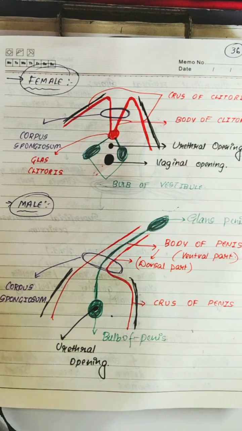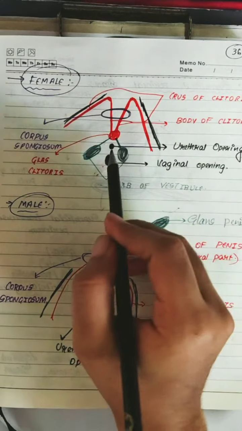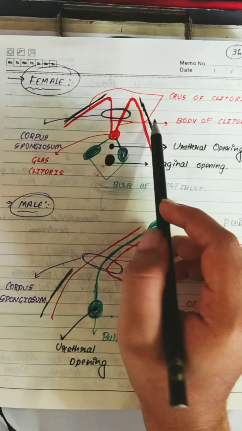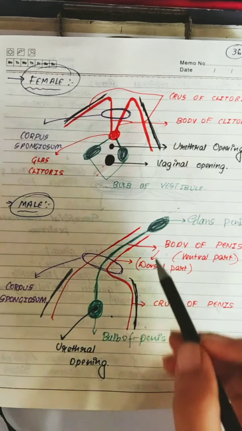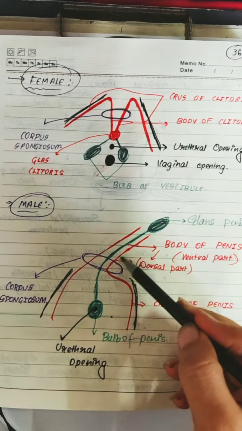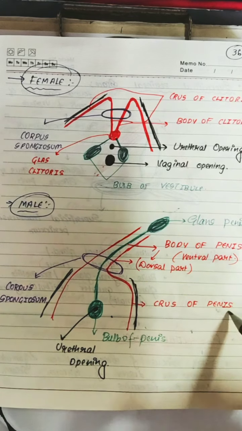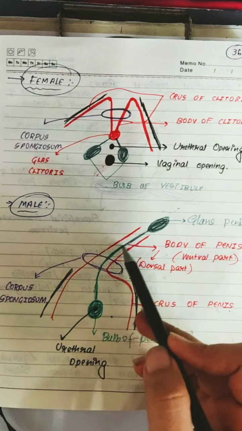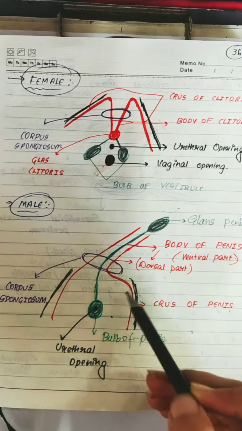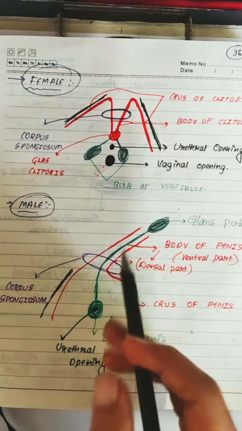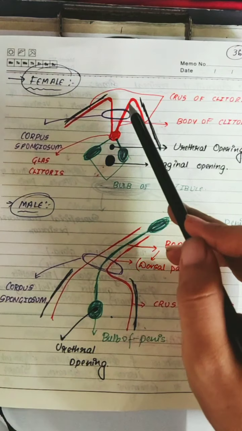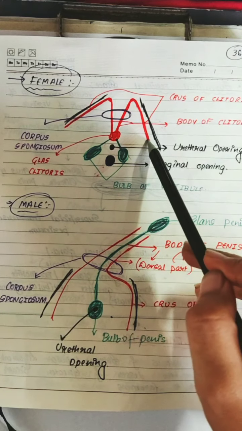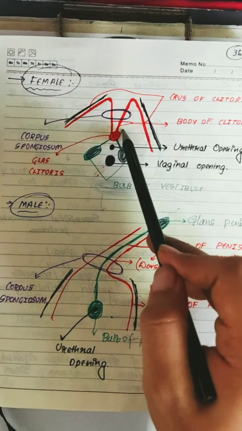So as you can see in this diagram, corpus cavernosa is also present. First thing, it forms the crus of penis. In men, you can see there is formation of crus of penis, this red one. So it forms the crus of penis and also the body of penis. You can see here there is a green one, the body of penis present inside the crus of penis. In female, you can see there is crus of clitoris. This V-shaped or W-shaped structure forms the crus of clitoris, and inside that there is the body of clitoris present.